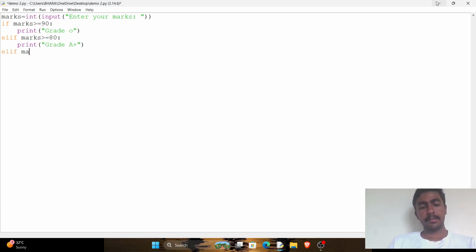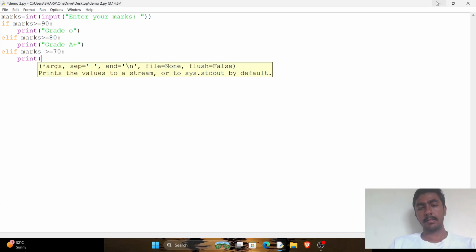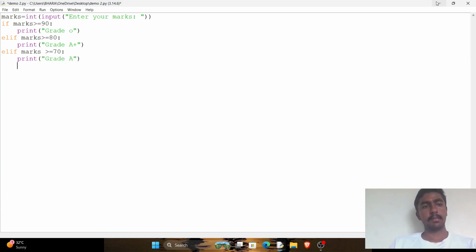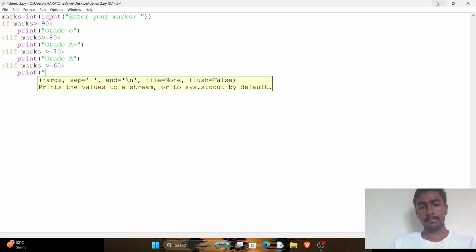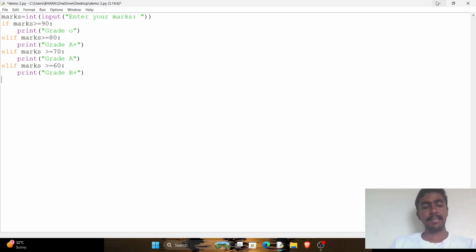Then elif marks are greater than or equal to 70, print grade A. And then elif marks are greater than or equal to 60, print grade B plus. Finally, else print